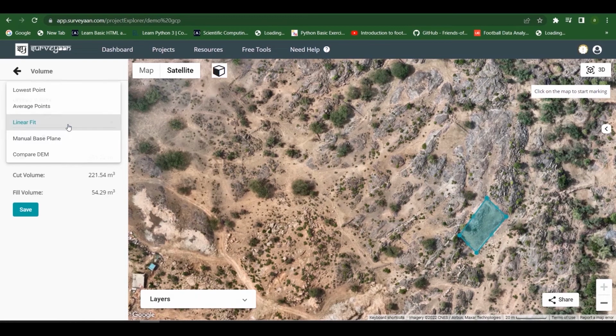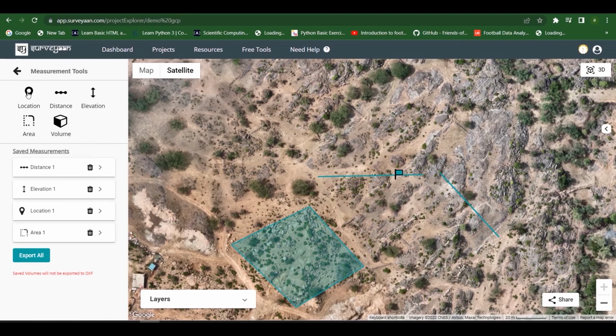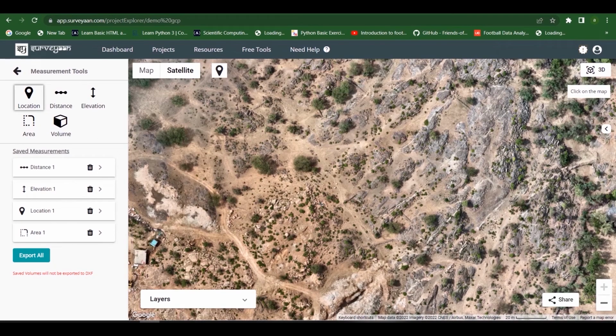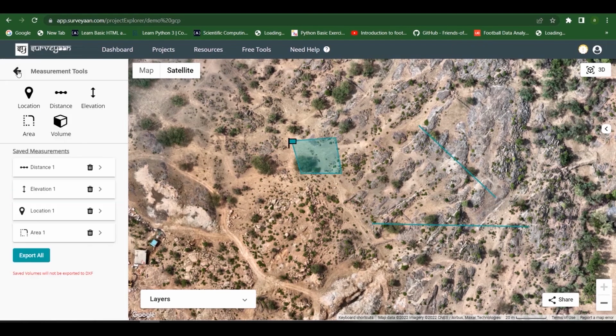Next, we move on to the next method, that is the manual base plane. Here, there is an option for the base elevation. So we need to know the elevation of the particular area. So here we can go back to the elevation measurement tool and find the elevation of that area. By clicking here, we get the elevation. This is the area where we have to find the volume, and we go back to the volume measurement tool, and then we select that area,